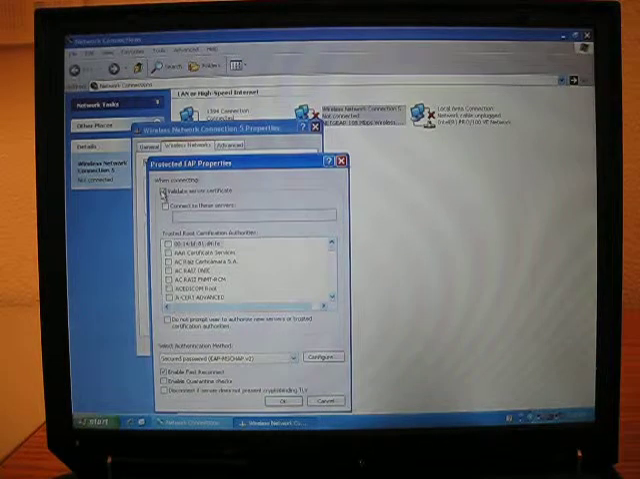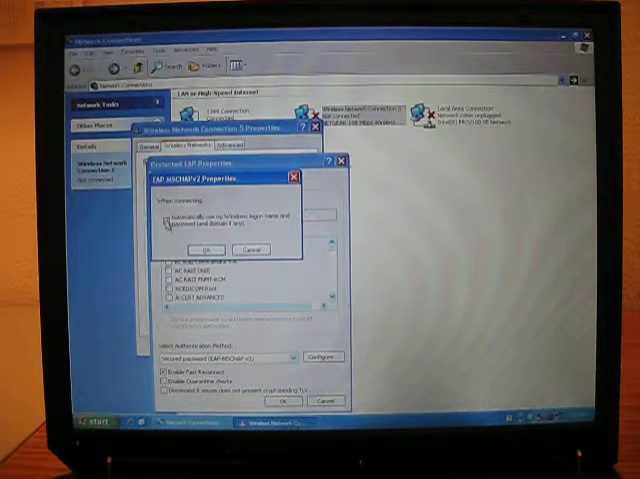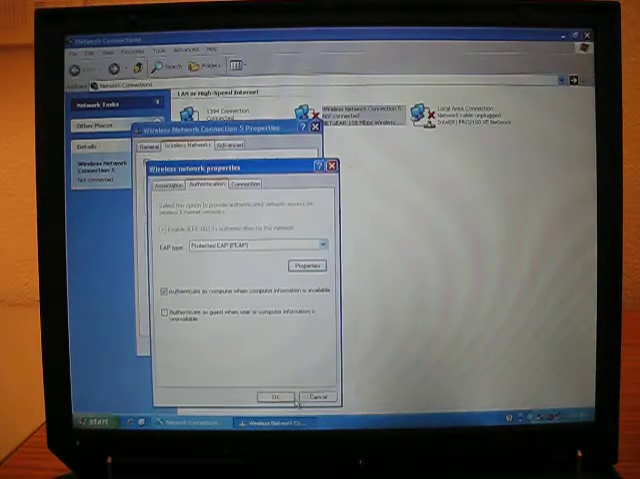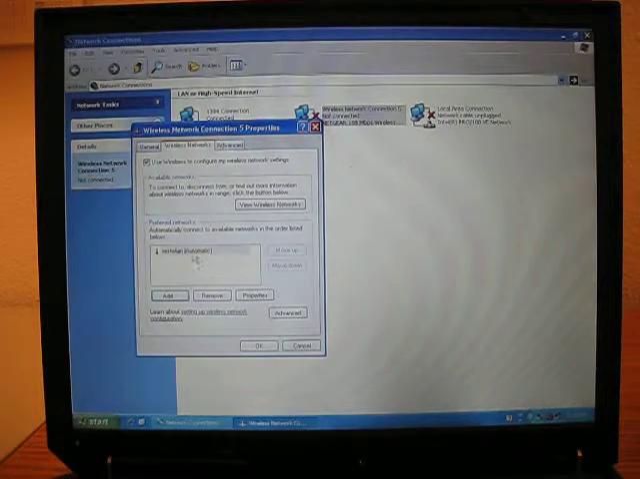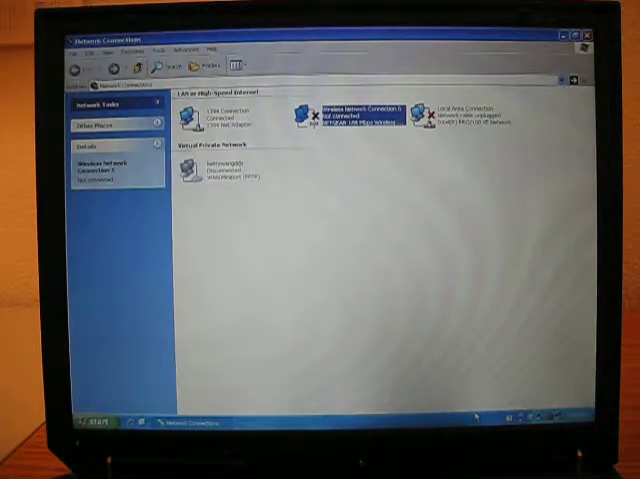Under properties, I'm going to uncheck this validate certificate. I'm also going to click on this configure button here. I'm going to uncheck automatically use Windows login name and password. I'm going to click OK, go back here. I'm going to uncheck authenticate as computer when computer information is available. I'm going to click OK, and I'm going to click OK again here. Windows is going to take those settings, it's going to look for and try to connect me to test WLAN